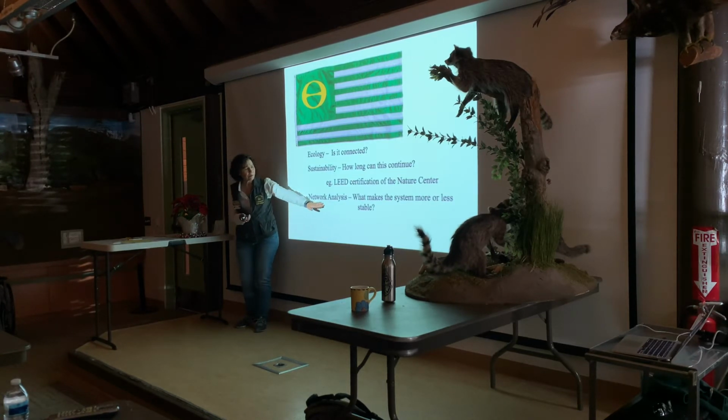Okay, now we have this. This is where ecology is going now in terms of research, really, is network analysis. It's thinking about that whole network and what activities make that network more stable, right? More able to last in the long term, or less stable, right? More likely to collapse, right? And we have examples of ecosystems that have collapsed in different parts of the world, and ecosystems that are thriving, and how do we make our world more like a world that's thriving?